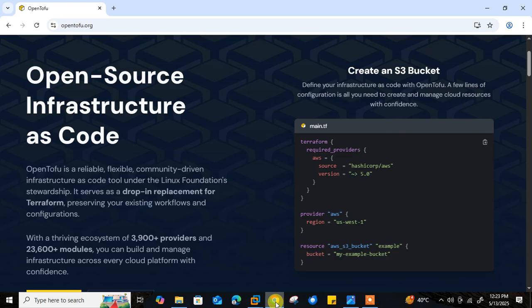So what's in this video? In this video we will talk about how to work with OpenTofu. But before we start the lab session, we need to understand a few points: what is OpenTofu and how is it different from Terraform. So as you can see, this is the official documentation of OpenTofu, and as per the documentation,